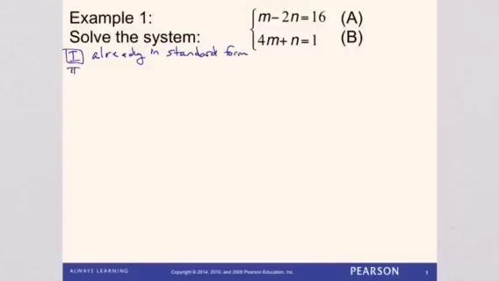Step 2 was, are there any fractions? If there are, get rid of them. But there aren't, so no fractions. Step 3